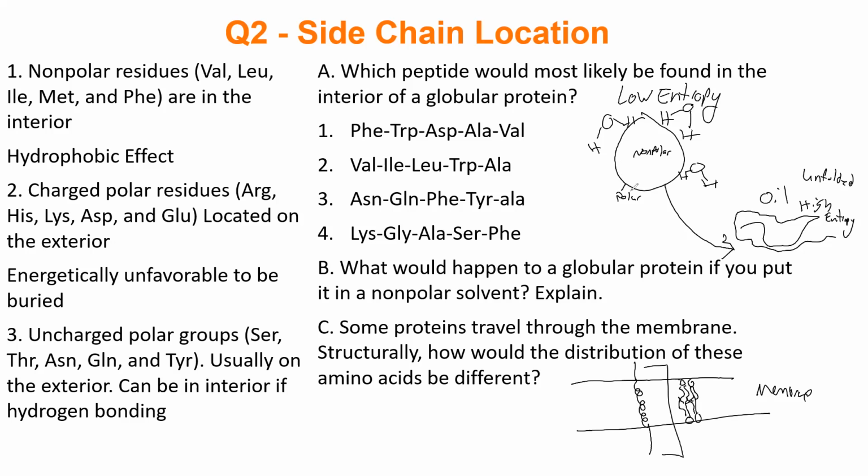So here's a protein in the top right, normally dissolved in water. We said the hydrophobic amino acids are in the center of the protein, the polar are on the outside of the protein. I want to know if you're going through the membrane,